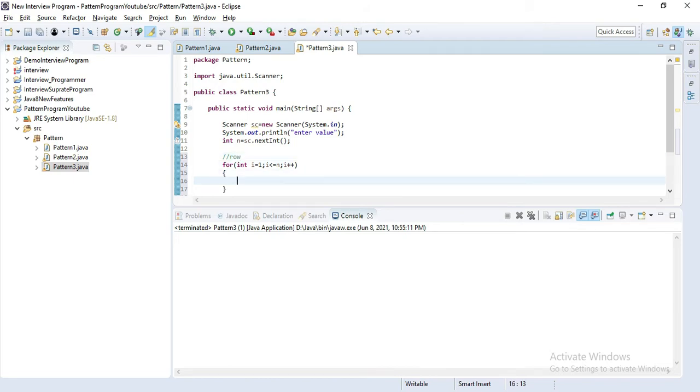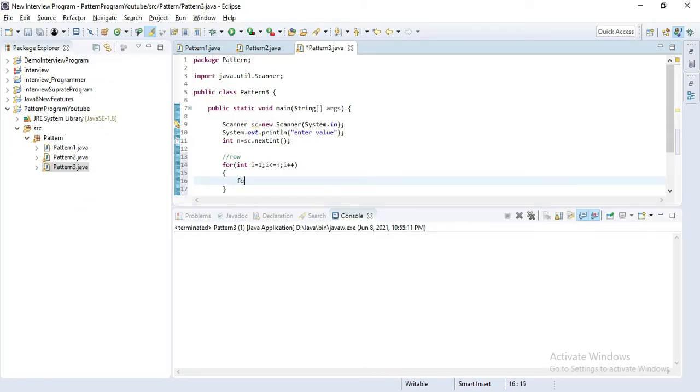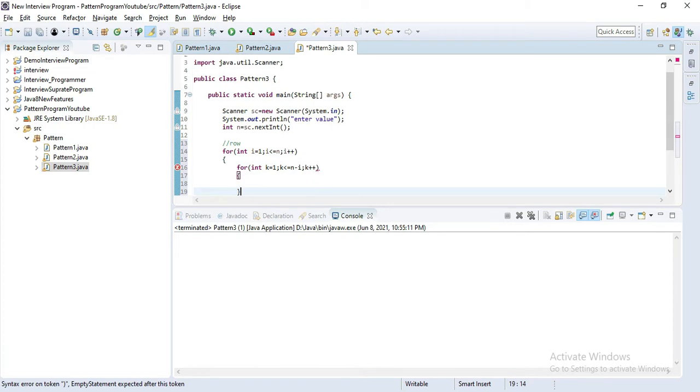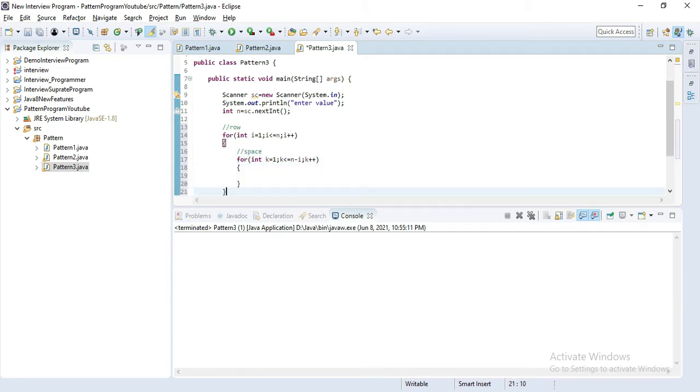Now we create the first inner for loop for printing space: for int k equal to 1, k less than or equal to n minus i, and k plus plus. I'll explain how it will iterate. This for loop is for the space.